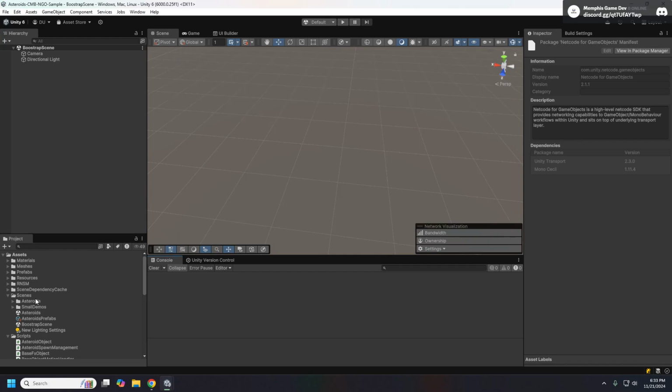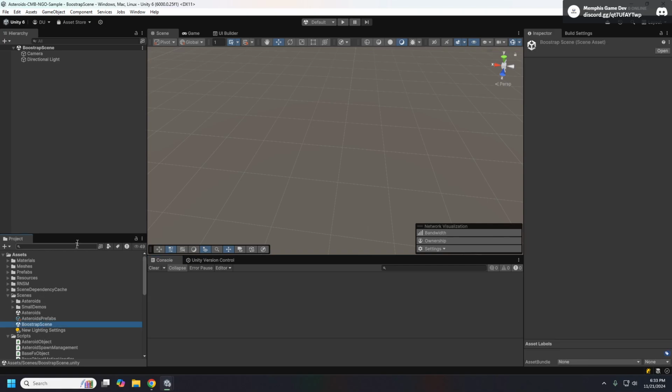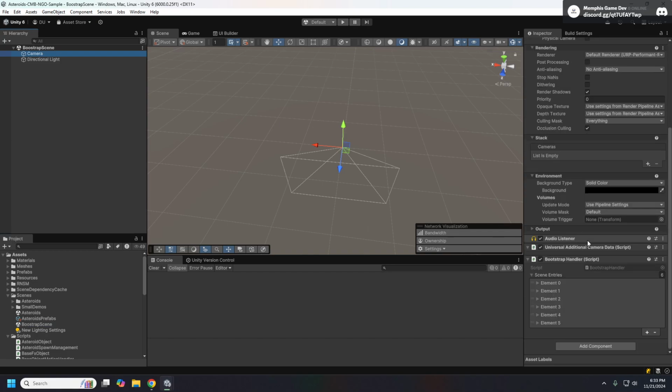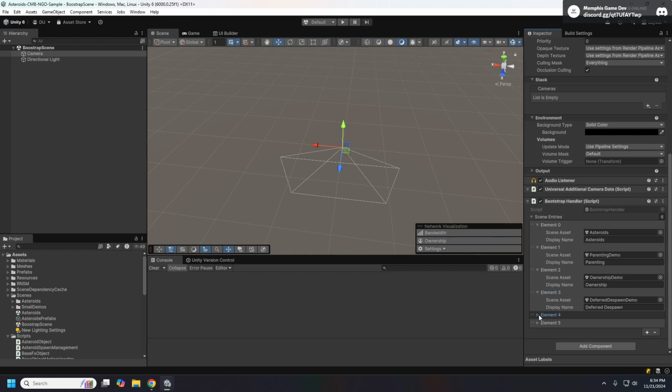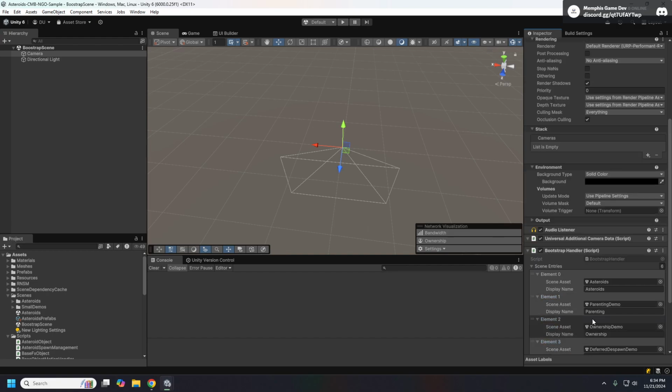Okay. So in the scenes of the asteroids package, we have this bootstrap scene, and all this is going to do is load up some different subscenes in order to showcase some of these different demos.